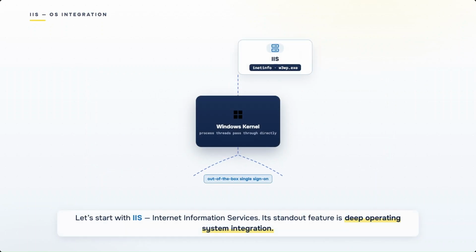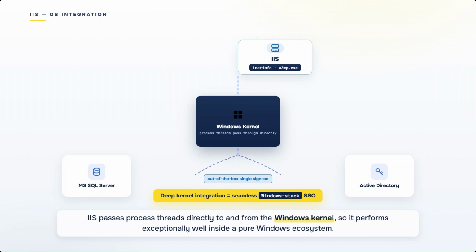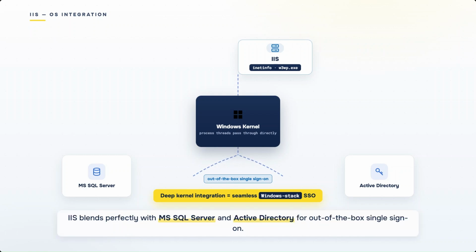Let's start with IIS, or Internet Information Services, a proprietary web server. Built natively into Windows, its standout feature is deep operating system integration. IIS passes and receives process threads directly to and from the Windows kernel, allowing it to perform exceptionally well inside a pure Windows ecosystem. For an infrastructure based on 1C applications, this tight integration offers a massive administrative benefit. It blends perfectly with other Microsoft Enterprise tools like MS SQL Server and Windows Active Directory for out-of-the-box single sign-on